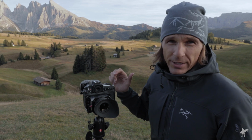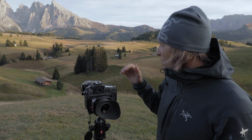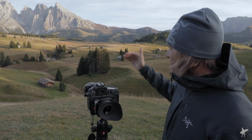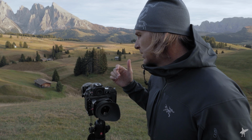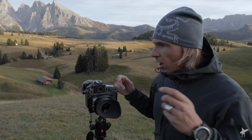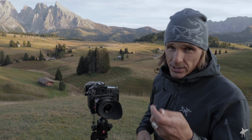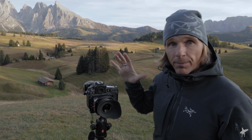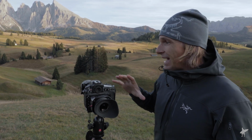I've ramped up to f22, which I don't usually shoot that small of an aperture, but I really want the depth of field here, so I focused about mid-distance, f22, and I'm shooting a fourth of a second, so pretty slow. Along with the wireless remote, I also shoot on mirror lockup mode, so I'll hit the shutter, it'll lock that mirror up, I'll wait for everything to settle down, and then I'll let the shutter release. That way,